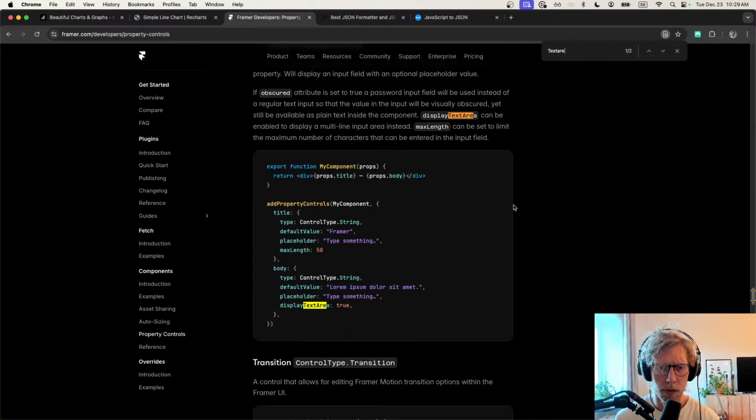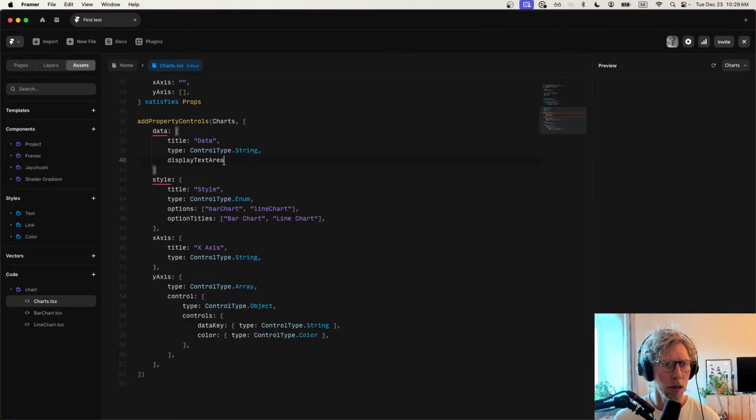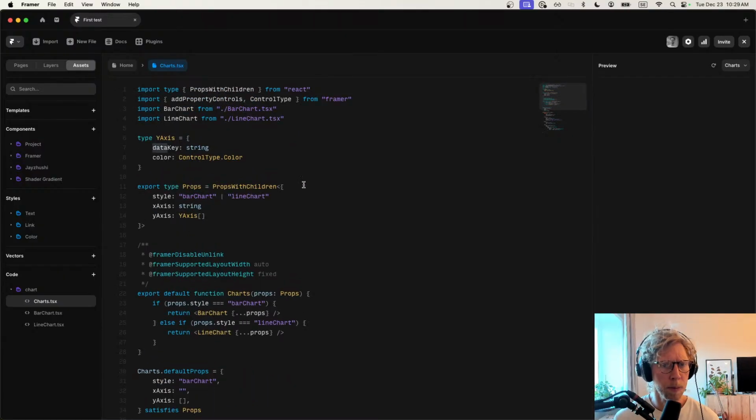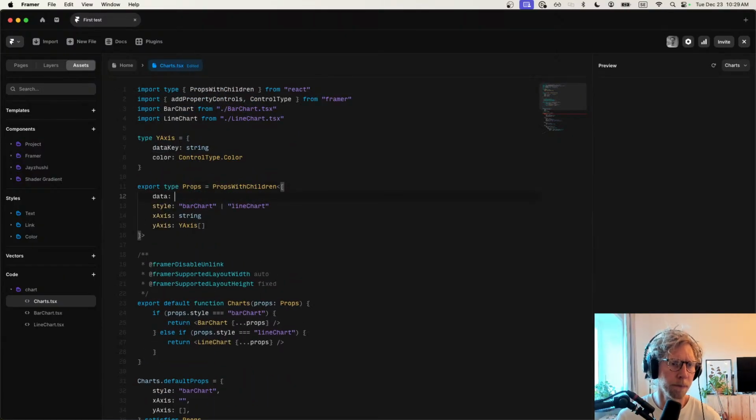Area. Okay, there we go. Display text area, true. Body. True. And then data is just going to be string. Because then